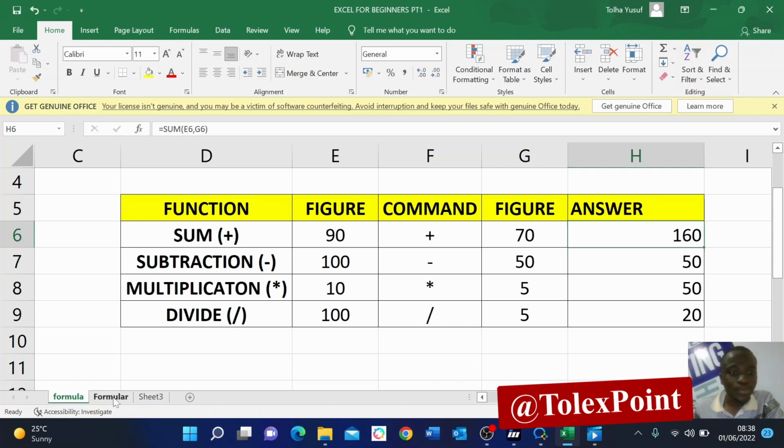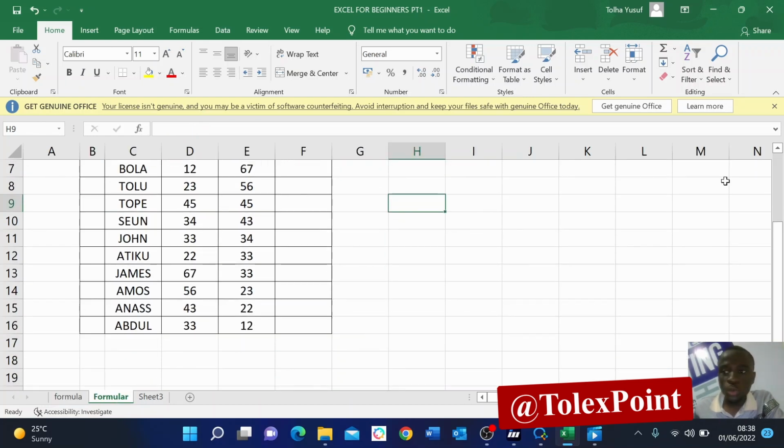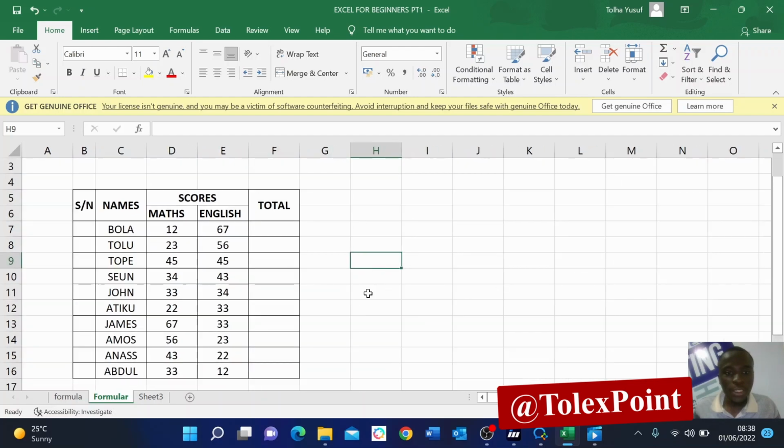Then lastly, I would want us to work with this. All right, so now I have names here with their scores in maths and English, and I want to add them together. So another thing before going there, you can see I don't have serial numbers here, right? Then if you want to add your serial number, I know some people will just be like 1 2